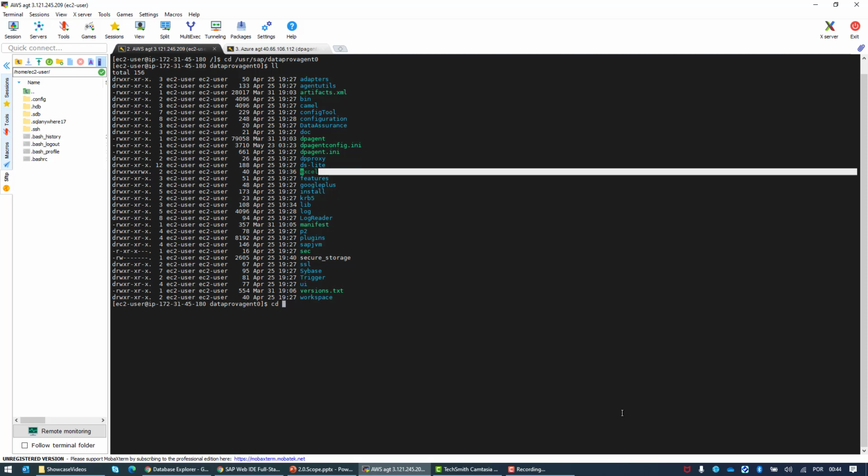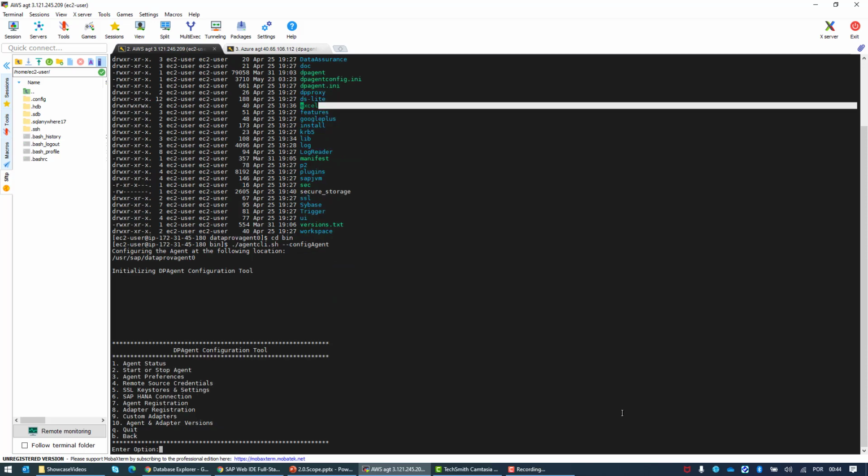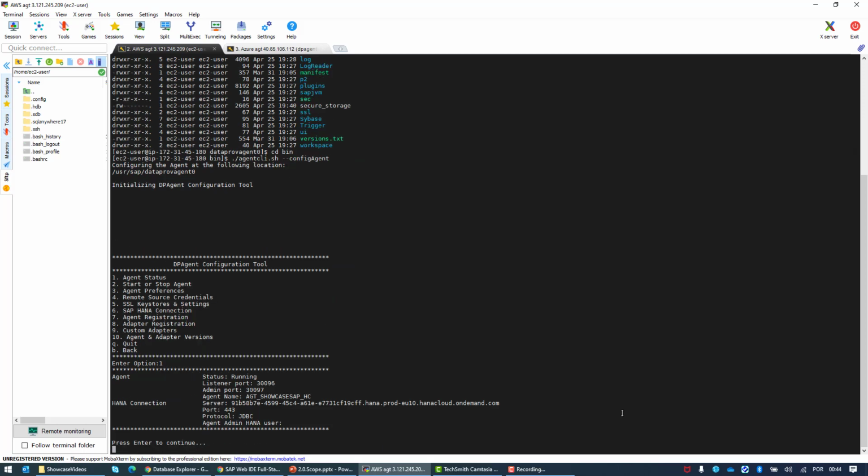And let's go to the bin directory, where we can see that we have here two main commands to issue. One is to configure the agent. We can see here now that we have an agent running,